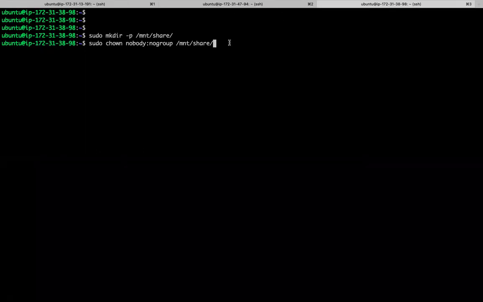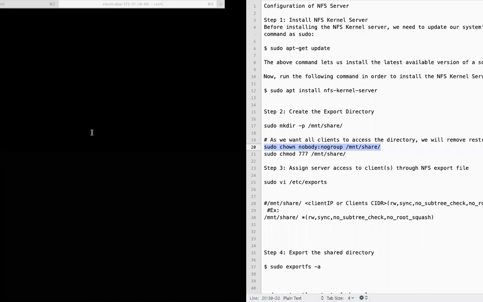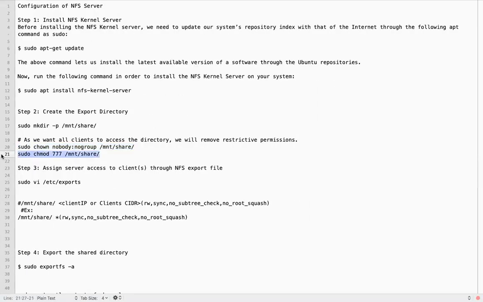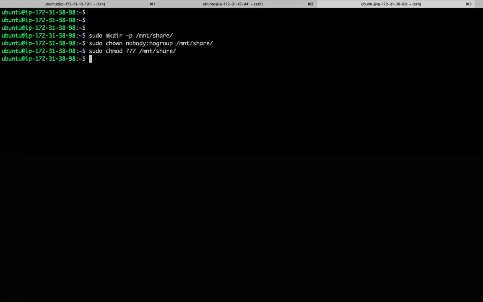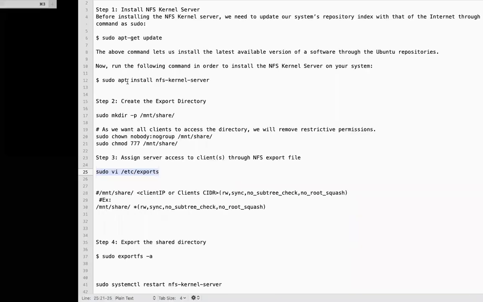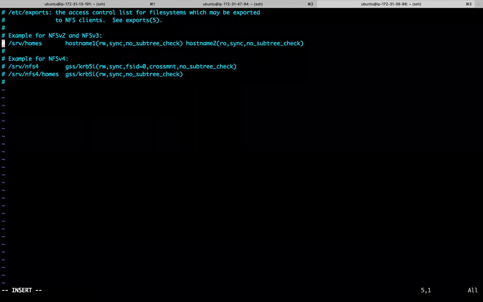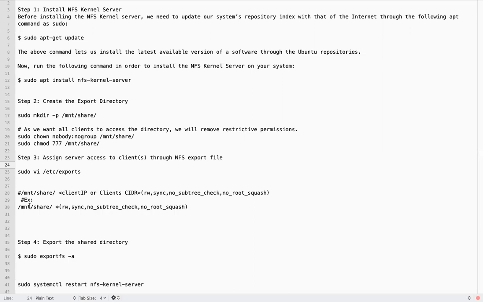Now our Kubernetes machines are NFS clients. Our pods will be mounted with this directory. So I'm saying no owner, no group, changing the permissions. Now this is related to NFS, right? There is a file called exports file. Here you are going to allow or mention some permissions to that NFS directory.